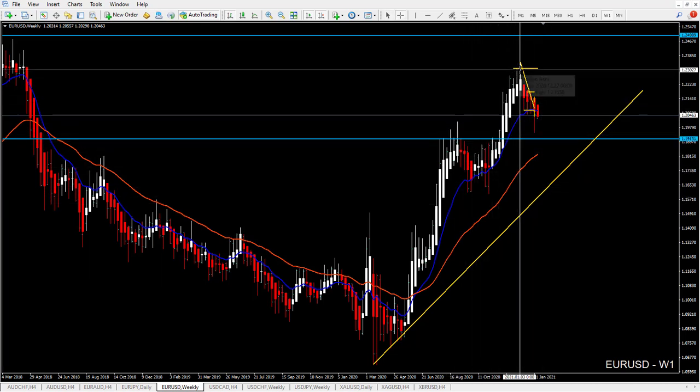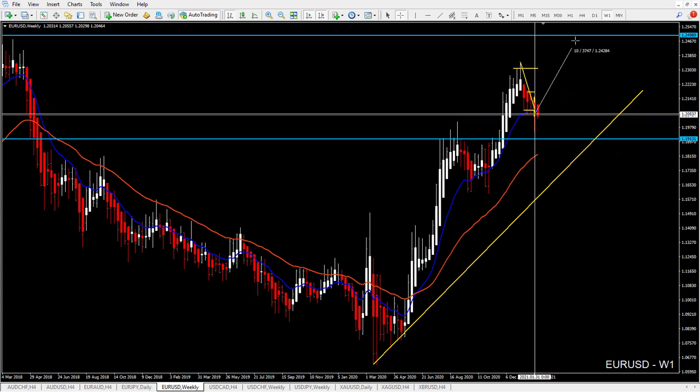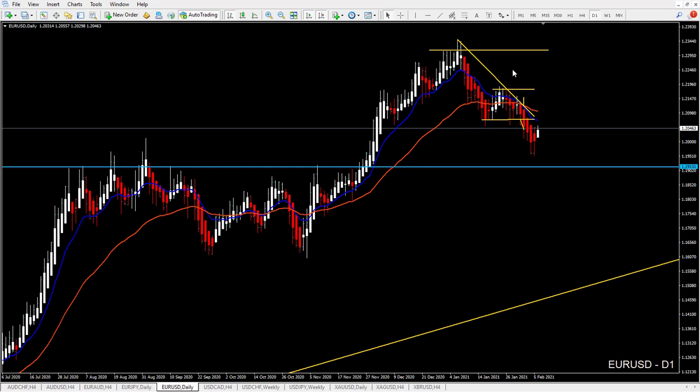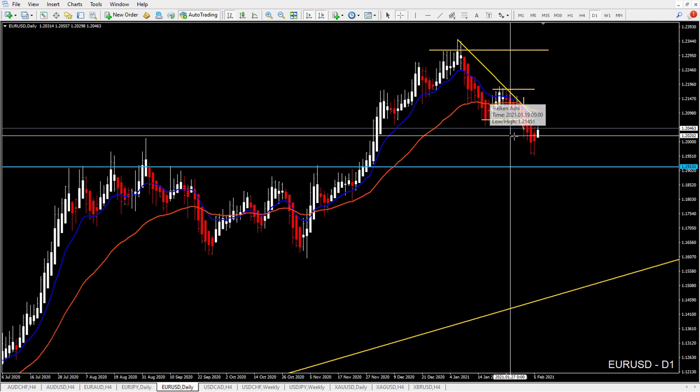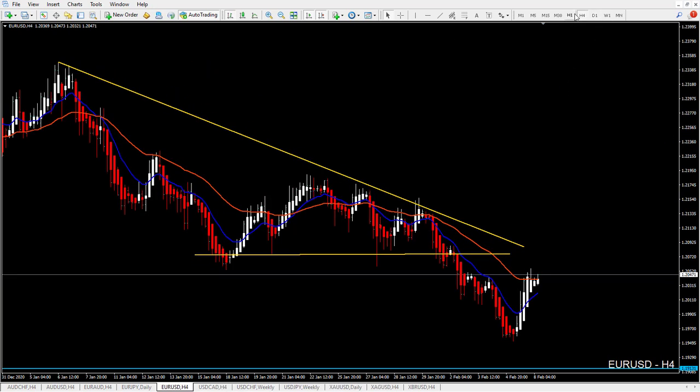Remember, we have strong trend, and sometimes in the strong trend we have false breakout on the 12 and price still continues. So of course generally short entries are against main direction, but still on the lower time frames like daily chart, it's pointing down right now, so we can still look to trade short entries here, knowing that we trade against weekly chart. So what we can do here, if we go to 1-hour chart,